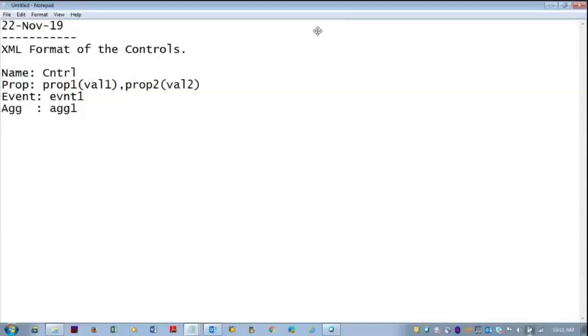So if this needs to be written in the XML format, first we'll see without aggregations.